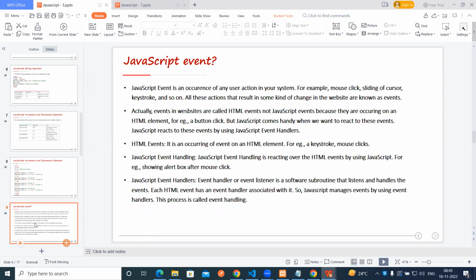Then JavaScript events. JavaScript events, most important concept. So why is JavaScript more popular? Because of these events only. So it acts as a user